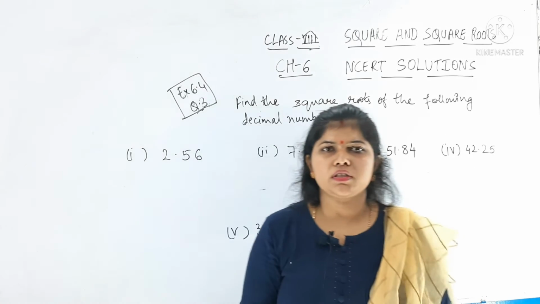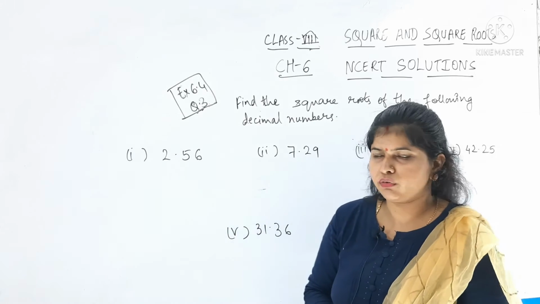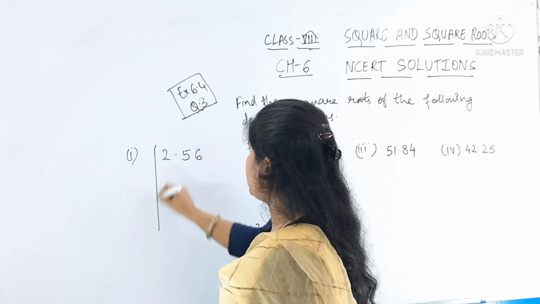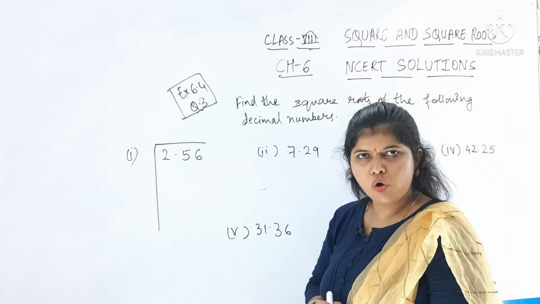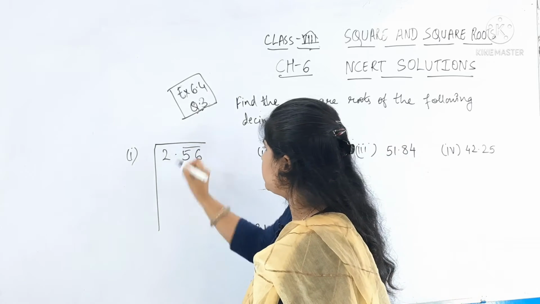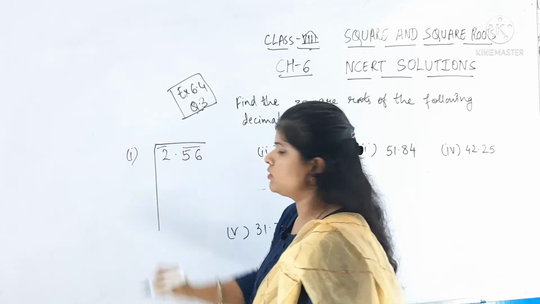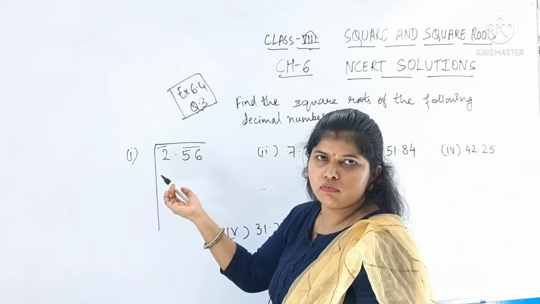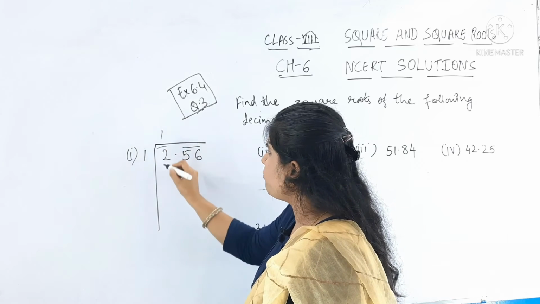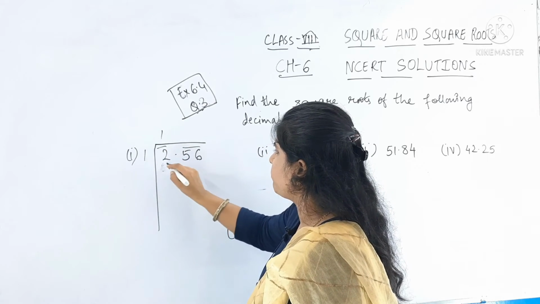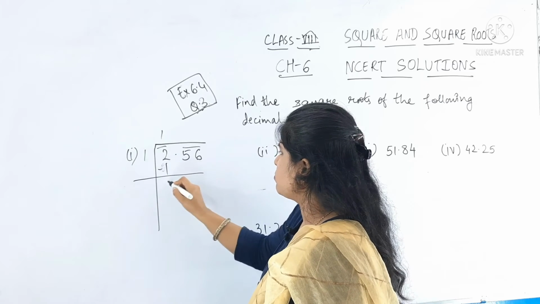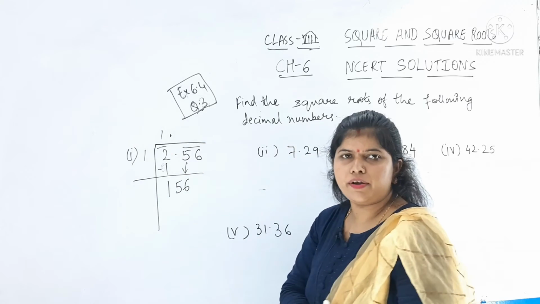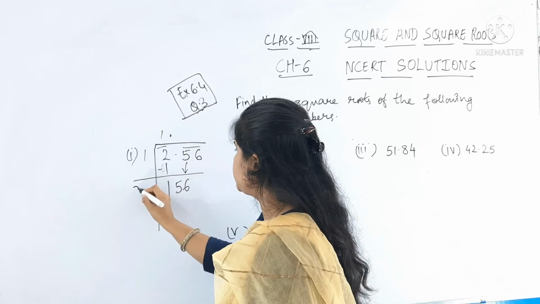Okay students, the next question is to find the square root of decimal numbers. What do we have to do here? We write it in the long division method and pair the digits. After the decimal, this is one pair. 2 2s are 4, which will be greater, so we take 1, 1 1s are 1. Here I have 1 and 56 will come down, and this decimal will be here. Then 1 plus 1 is 2.